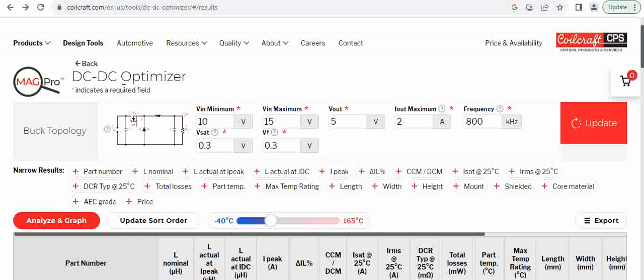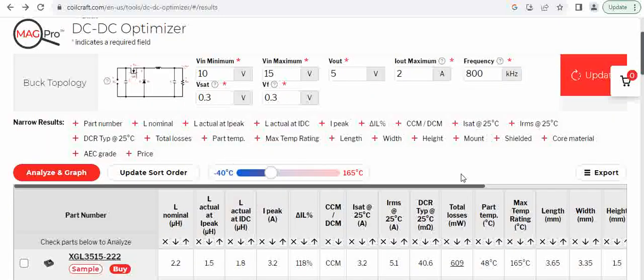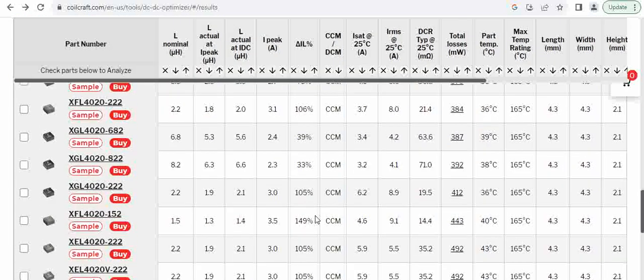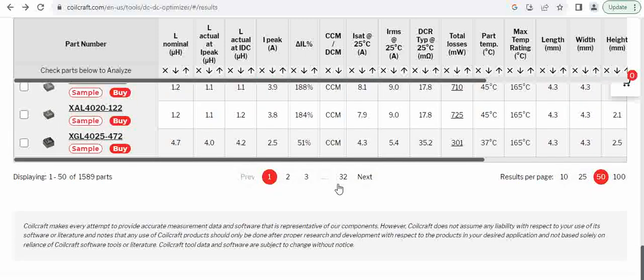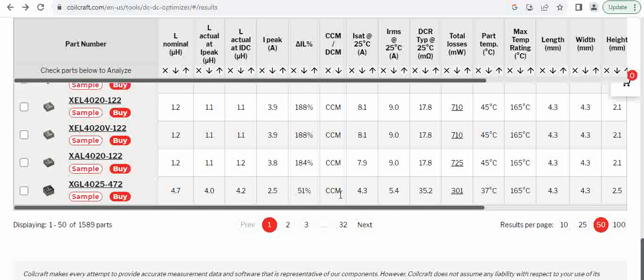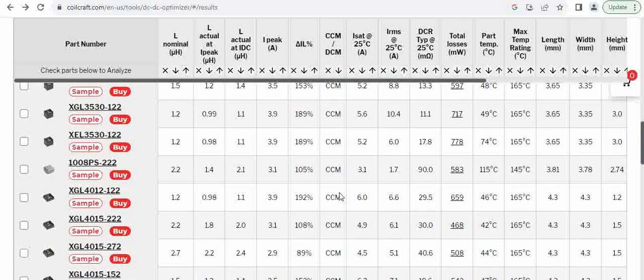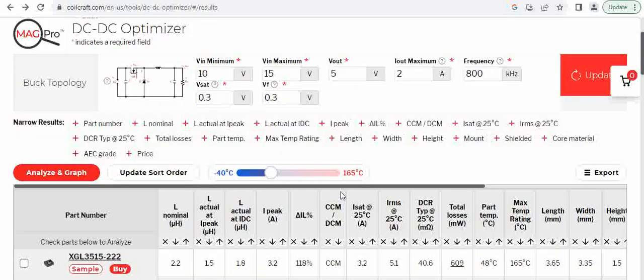For this buck converter topology, you can also adjust the temperature after you get the list of inductors below, and you can see if you want to minimize the inductors. If you scroll down, there are hundreds of inductors being suggested here. So now, if you want to minimize those inductors,